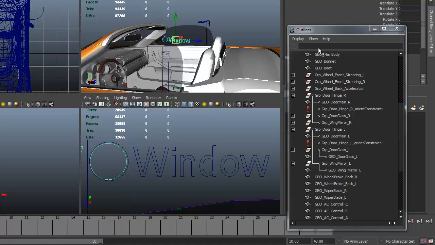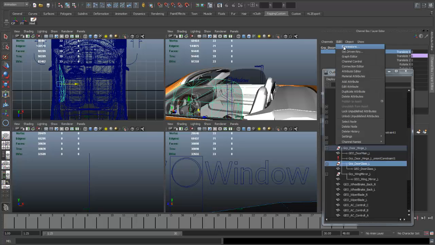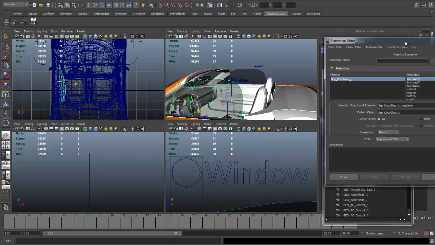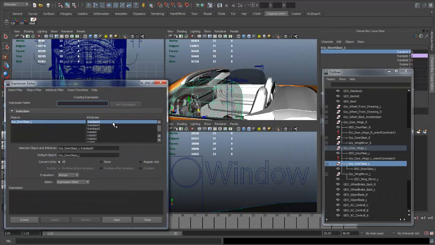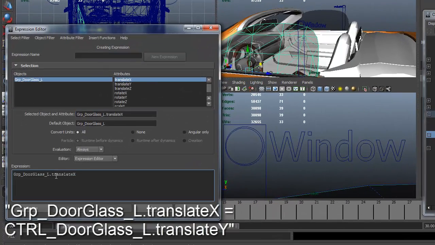Okay, so this expression, I'm going to again select the group door glass left group, but okay, so now that I've got this open, now I want the information to be entered that group door glass left translates x is equal to the movement of control door glass underscore right, sorry, left, but I want it to be equal to the, instead of translate x, I want it